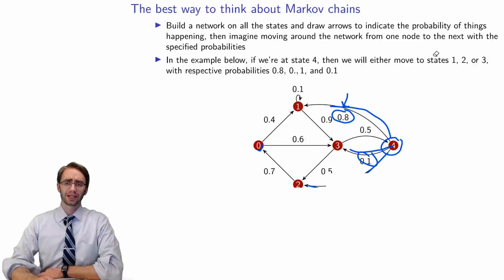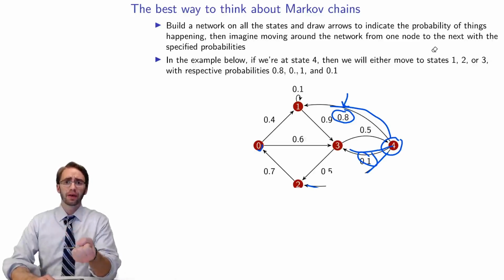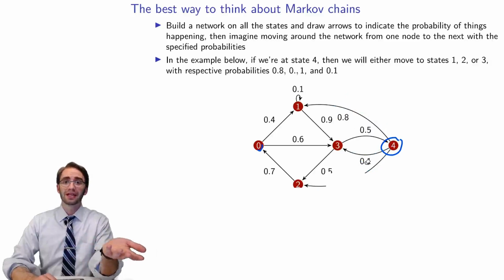What that reflects is the statement that once you're at a node in the network, you have to go somewhere. And so these various numbers indicate the probabilities of going in that particular direction. Okay, so we'll go back to this one here. Node number 4, you see there's a 0.8 right here attached to this link. This means if I'm presently in node 4, then there's a 0.8 probability that I would go over to node